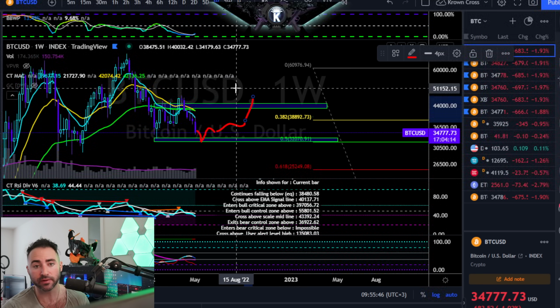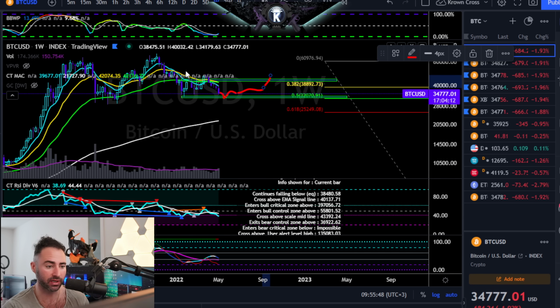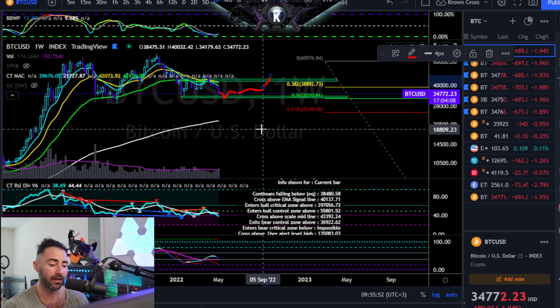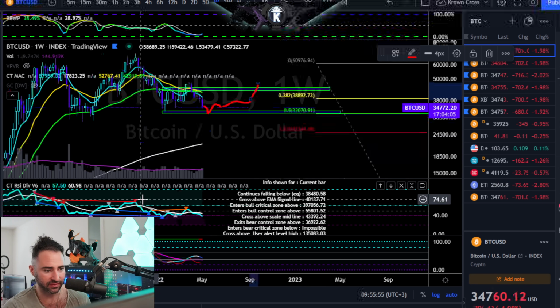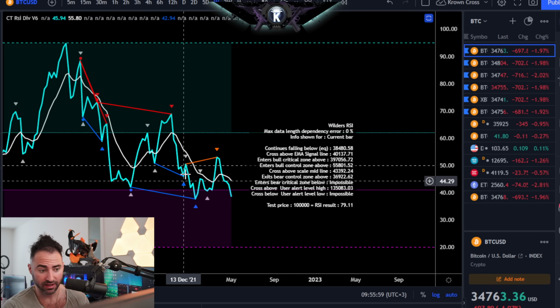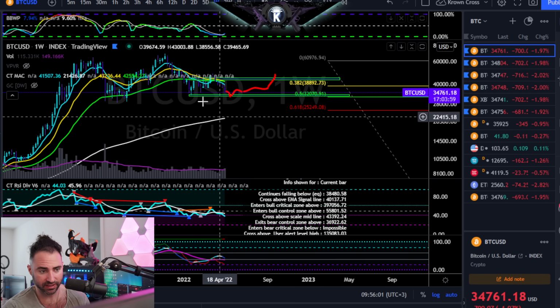That's where I'd be very comfortable being macro bullish, looking for humongous moves back up to prior all-time highs, and probably even beyond in the following months from that. Until then, this simple setup right here has been all that it really needs to be if you are in the weekly time frame. Hidden bearish divergence, very low volatility, downtrend.